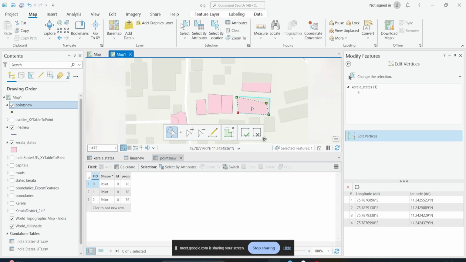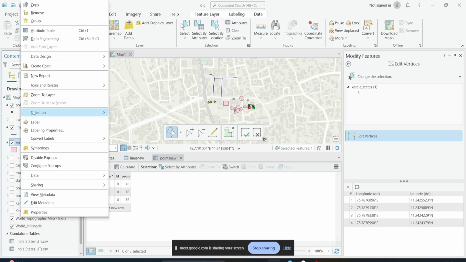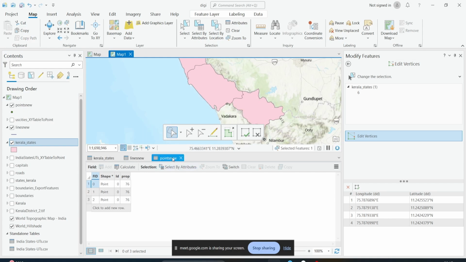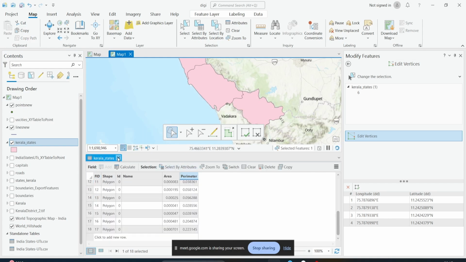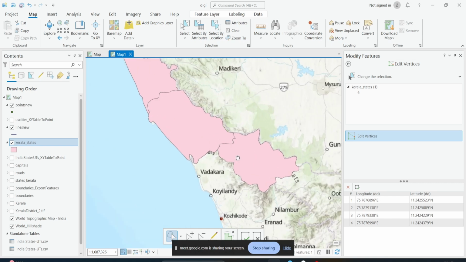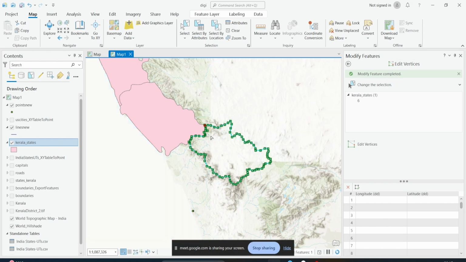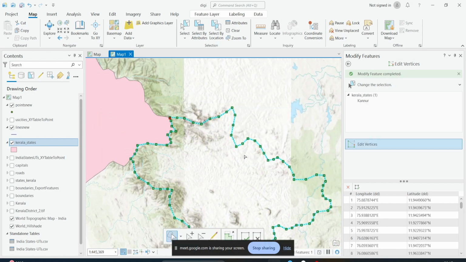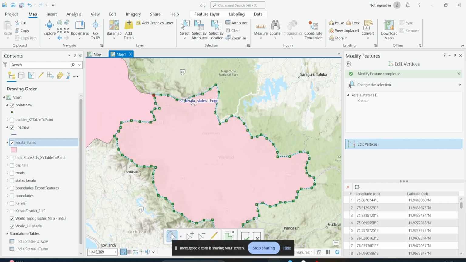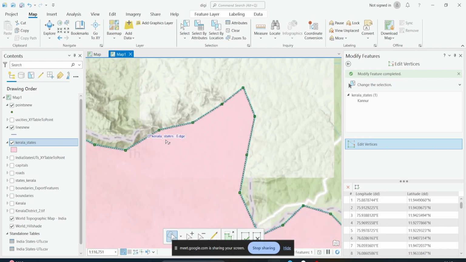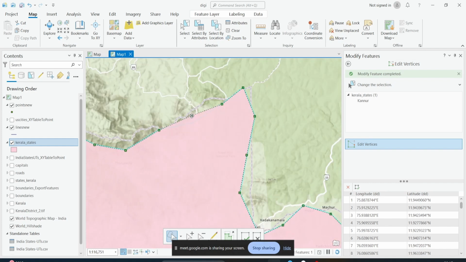Like this you can move. I'll just show you the other place. So if I'm just clicking with the edit vertices tool, if I'm clicking here, you can see each and every vertex that I had placed when I was drawing this polygon. Okay. So if the point was actually here, I can just move these